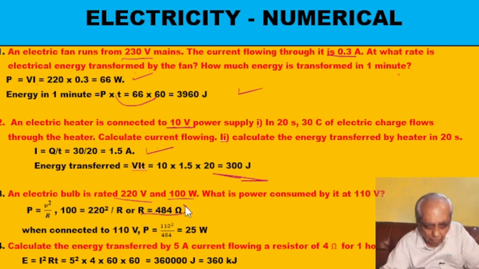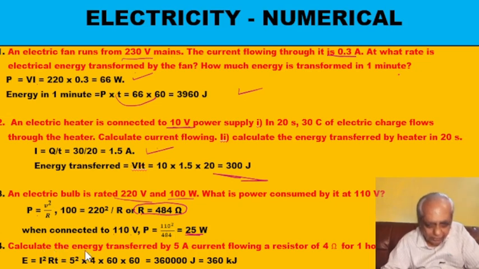Now this value of R would remain the same even in the second case. The resistance of a conductor or of any appliance does not change. So when connected to 110 volt, with the same formula, power is V square upon R, V is 110 and resistance is 484, so I'll get the power. Is it all right? Then next,